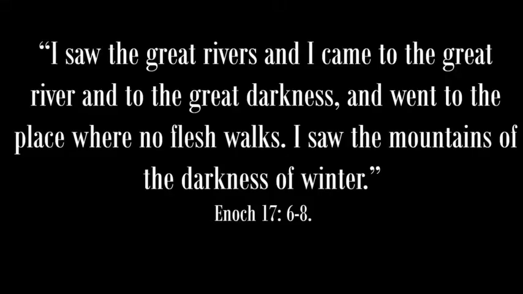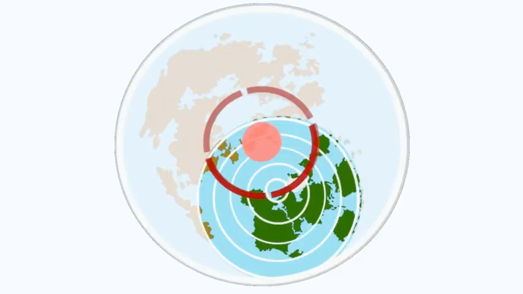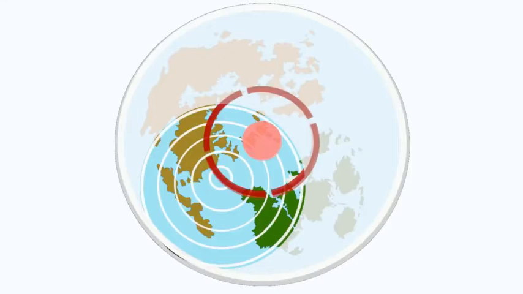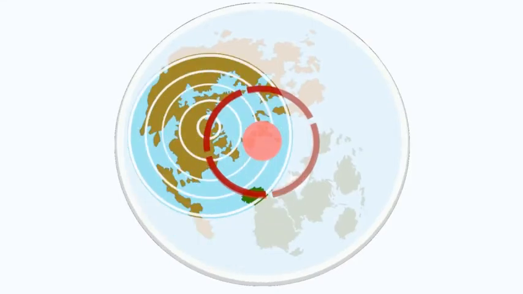I saw the great rivers, and I came to the great river, and to the great darkness, and went to the place where no flesh walks. I saw the mountains of the darkness of winter. This is your ice wall, and it's not a constant, fixed wall. It is continually melting and refreezing with the revolution of the pole over the course of a great year and